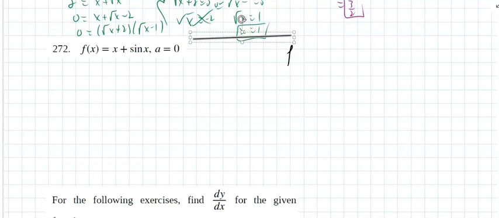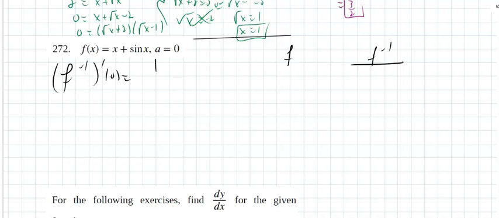Again, this doesn't get old. This is f, this is the inverse. When I want to find the derivative of the inverse evaluated at 0, that's 1 divided by the derivative of the function. What's the derivative of the function? It's 1 plus cosine of x. There, that part is done. Evaluated at,